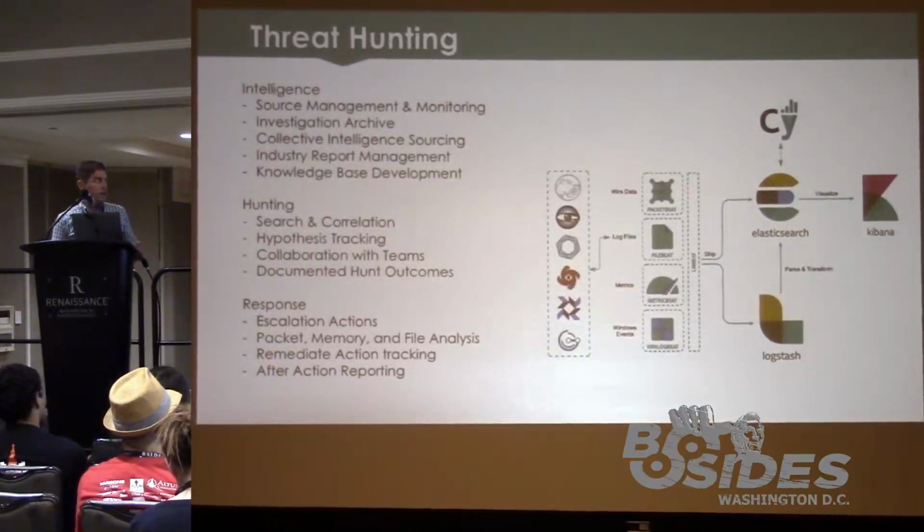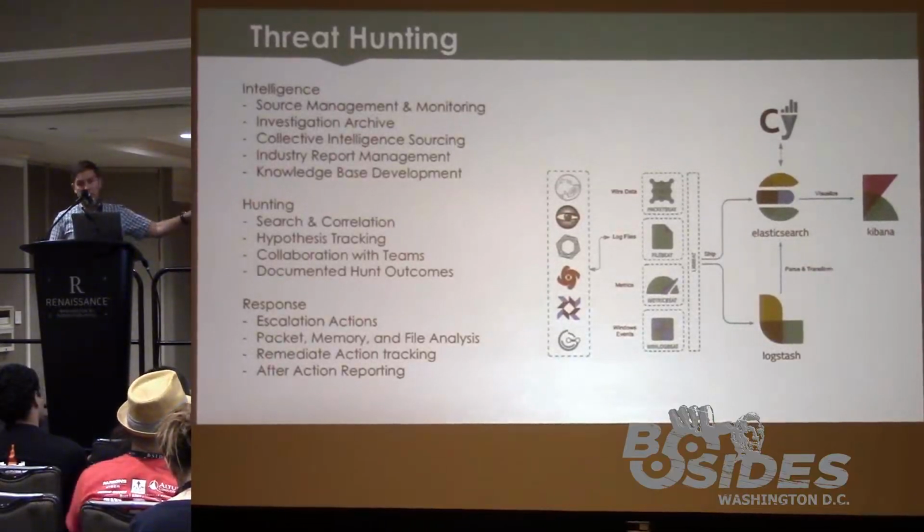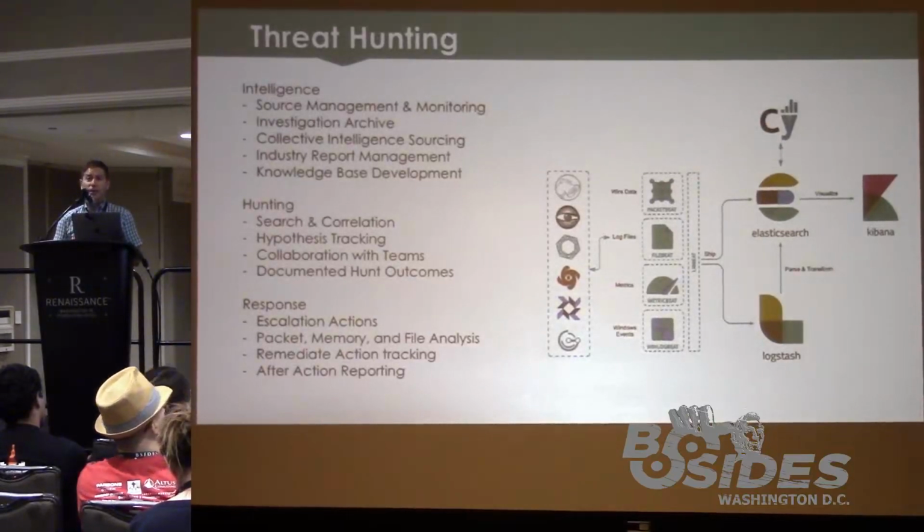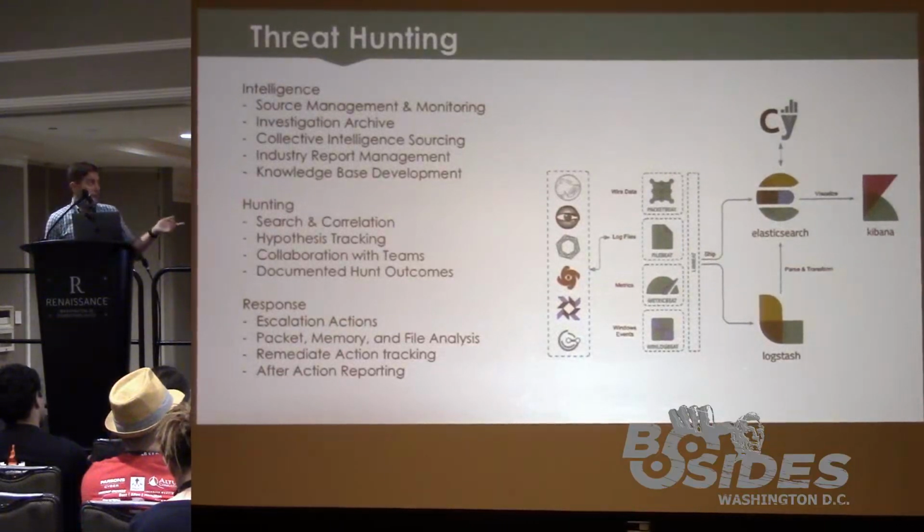So in our architecture, the bulk of what's going on here is already happening, at least the way we use Siphon internally: managing our intelligence, doing the hunting itself with other tools, but also documenting what the hunt outcomes were, maybe using that as a way to initiate a hunt from different programmatic APIs, and then finally tracking response. So we're going to build this out more to support expansion on these use cases, with different tools